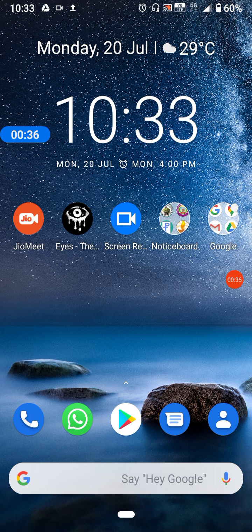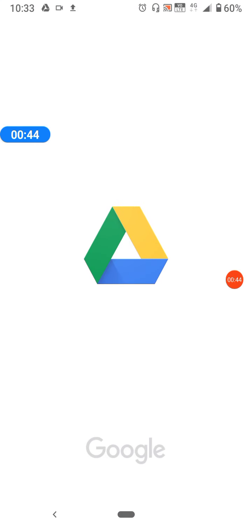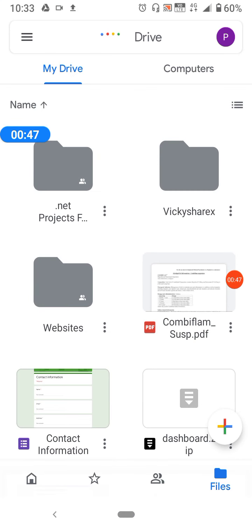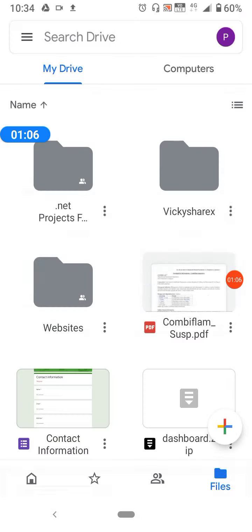The first thing that we need to do to start sharing PDF is to come on Google Drive. We will simply create a new folder. We will press this plus button. The interface will be the same for most of the mobiles. So we have come to the Google Drive. Now we are pressing this plus button so that we get an option of creating a new folder. So we have created a new folder now.